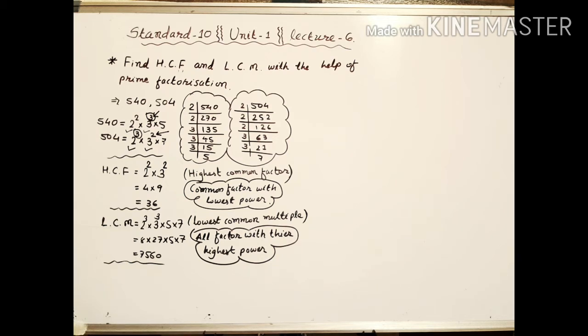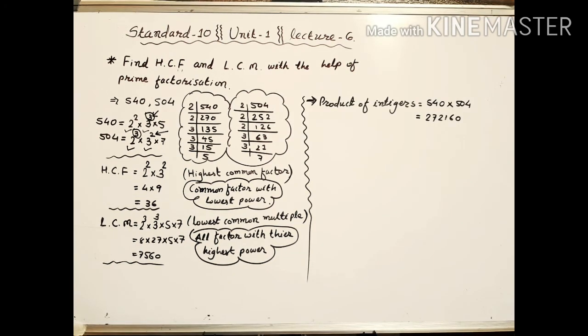Understood? Now one more thing I want to explain here, taking these values of integers and their HCF and LCM. First of all, let's take the product of the given two integers 540 and 504, that is 272,160. Now get the product of HCF and LCM: 36 into 7,560,